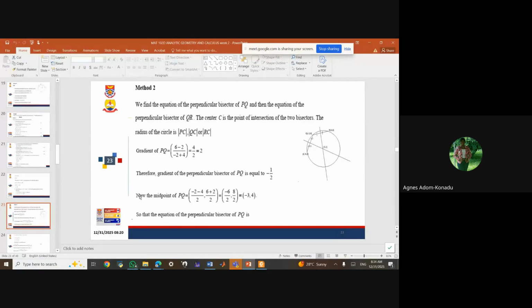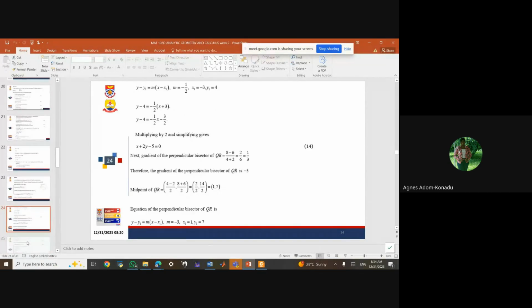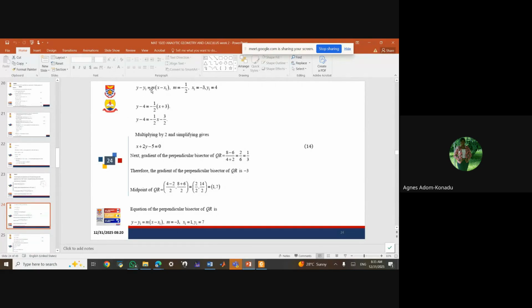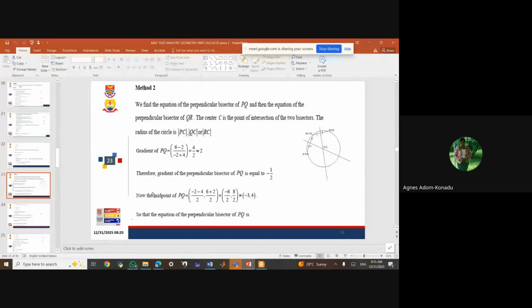Then the midpoint of PQ, we can find the midpoint of PQ. So using the midpoint formula, we know the formula, so that would be minus 3 and 4. So that would be the midpoint somewhere here. So I have the slope for this line. I have a point on the line. I can find the equation of that line. So using y minus y1 is equal to m into x minus x1, I know my m is minus 1 on 2. Then when I find my x and y,